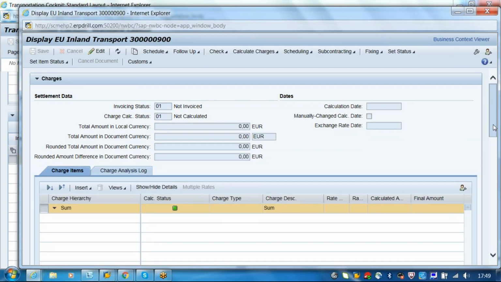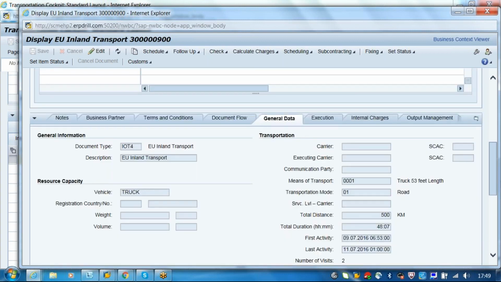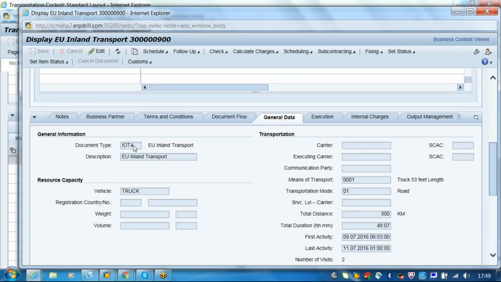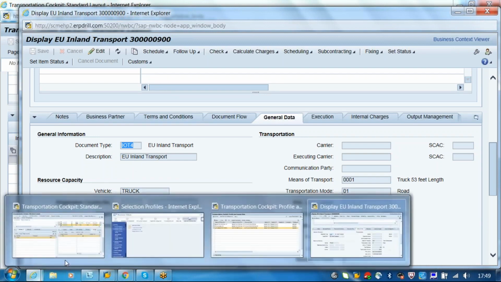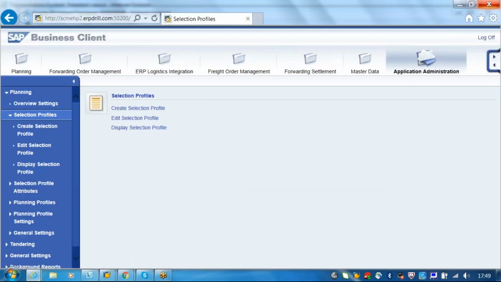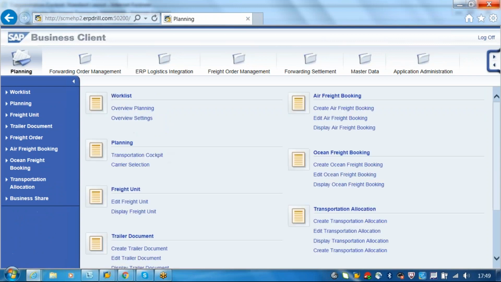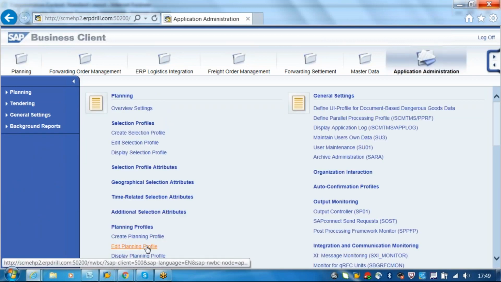We can come to this. Now just see what the document type is. IoT04. How does the system determine IoT04? In the option we have given, the second option, the planning profile. If you go to the planning profile here, there we are just telling the system it should be based on your default criteria.